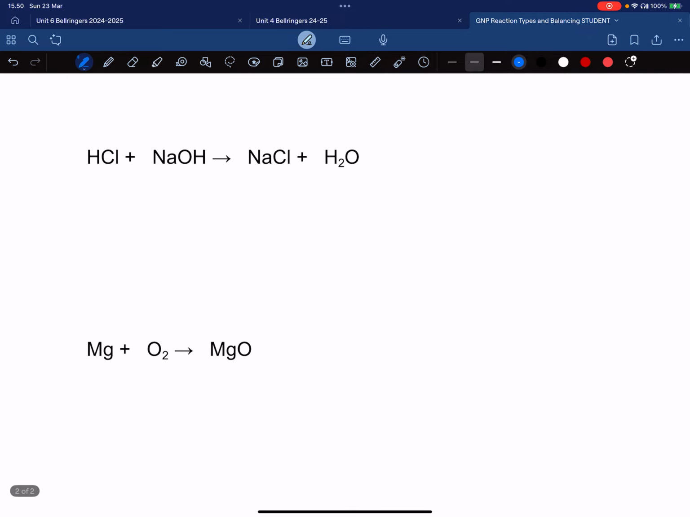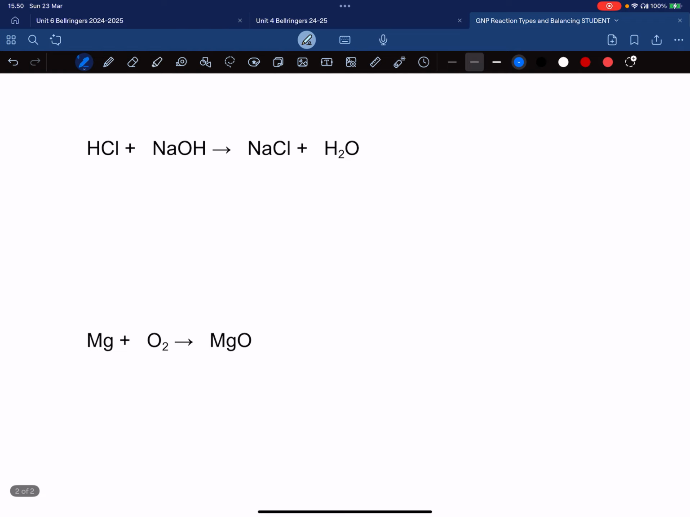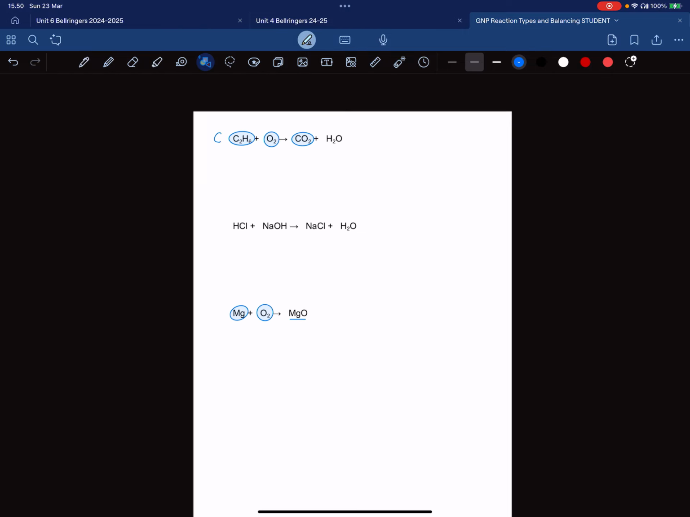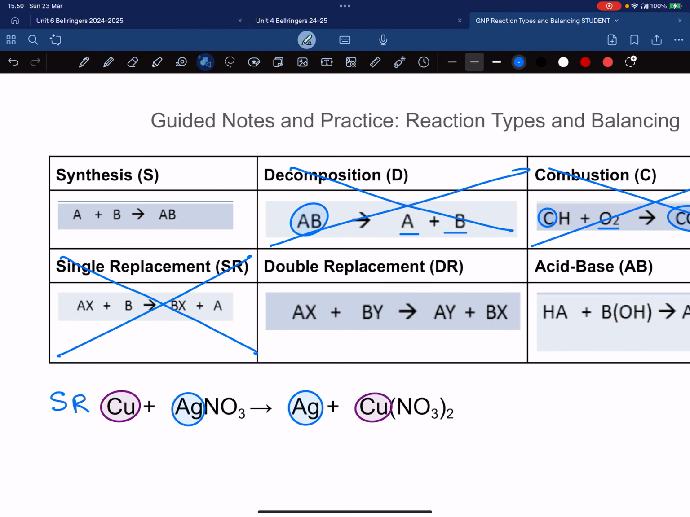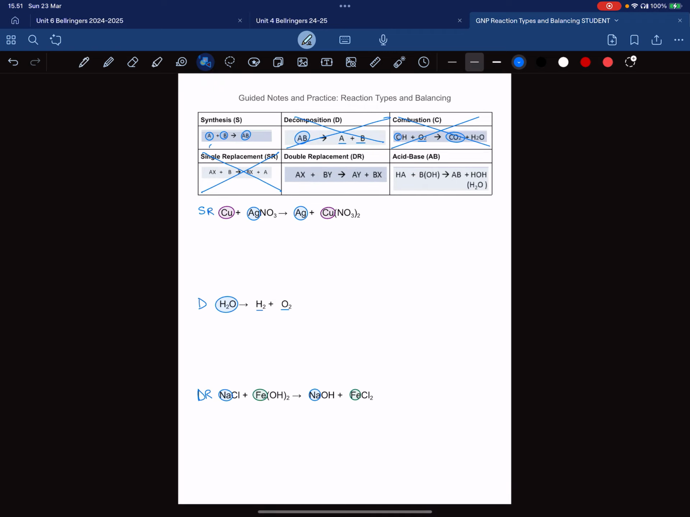We're going to skip to the last one for the moment. This is where you have two things going together to make one. That is a synthesis. Two things going together to make one. A synthesis,